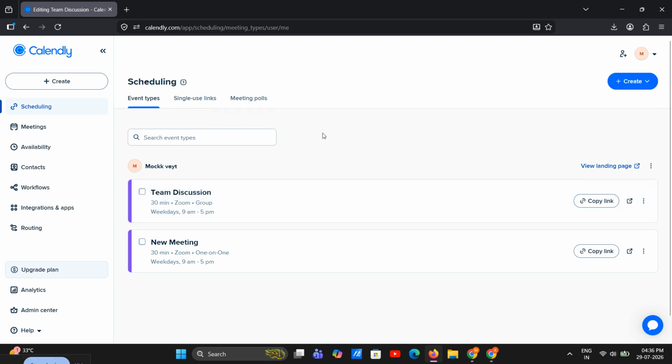Once your profile is updated, your LinkedIn visitors can click the link and go straight to your Calendly booking page. That's really all it takes to sync LinkedIn with Calendly in a practical way. Even though there isn't a direct app integration, this method works extremely well for networking, lead generation, recruiting, sales, and